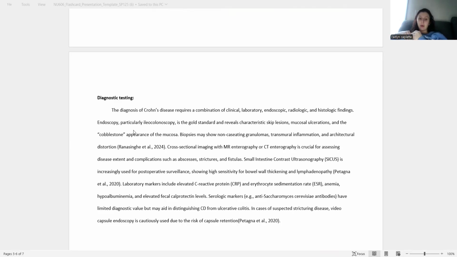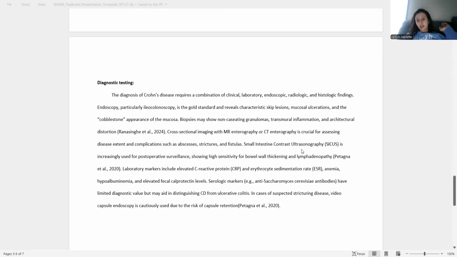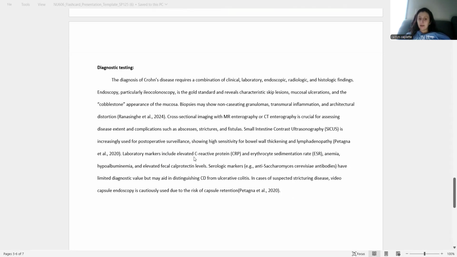Cross-sectional imaging with MR enterography or CT enterography is crucial for assessing the disease's extent and complications, such as abscesses, strictures, and fistulas. Small intestine contrast ultrasonography is increasingly used for postoperative surveillance and shows high sensitivity for bowel wall thickening and lymphadenopathy. Lab markers such as elevated C-reactive protein, elevated ESR, anemia,